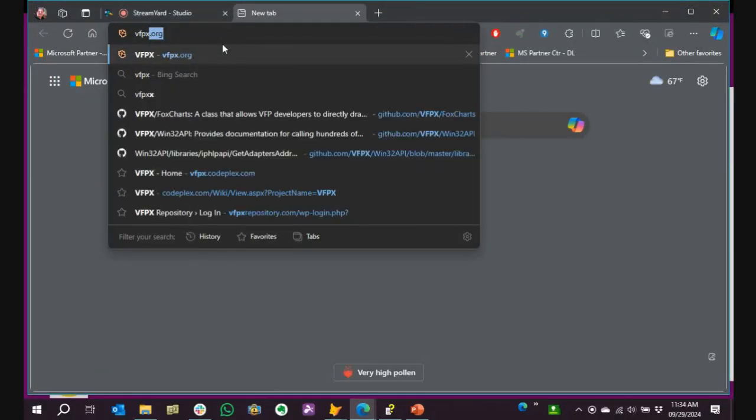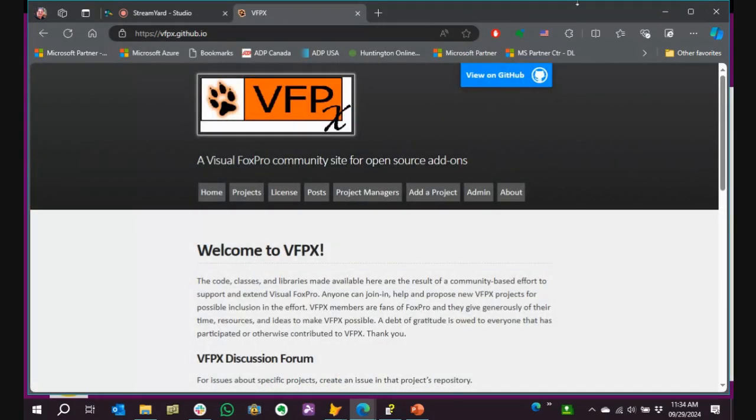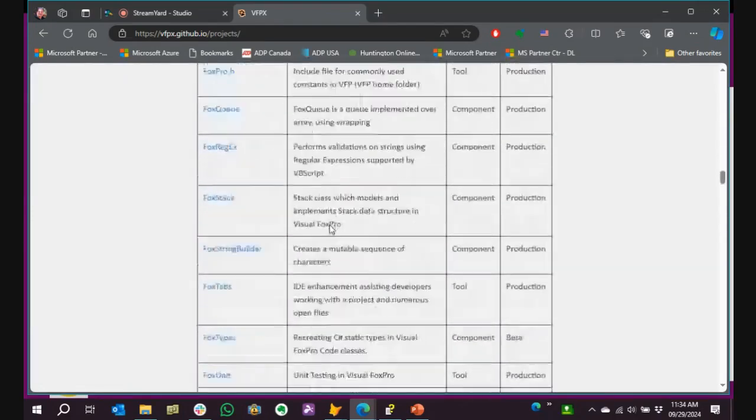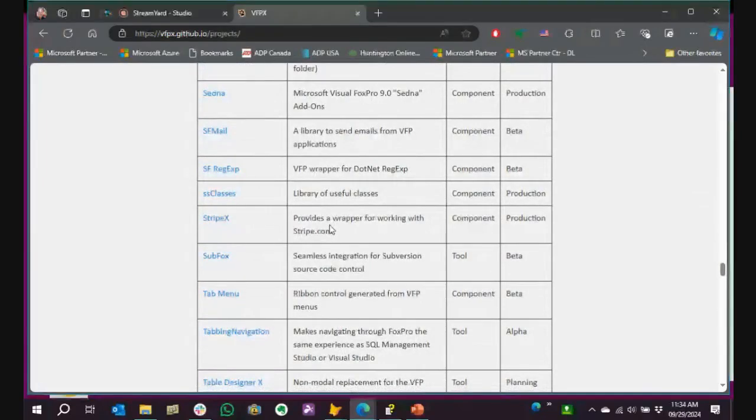For those who don't know how to get to VFPX, just go to vfpx.org. Very easy, simple to type in. Click on the projects page and just keep scrolling and scrolling and scrolling and so on. Okay, there are a ton of projects out there. And think about this. If you look at it from my perspective, at least, we have a small team of 6 developers now, and a bunch of contractors who work for us. But yet every project leader who's on this list is part of our team now. We literally extend our team through VFPX.